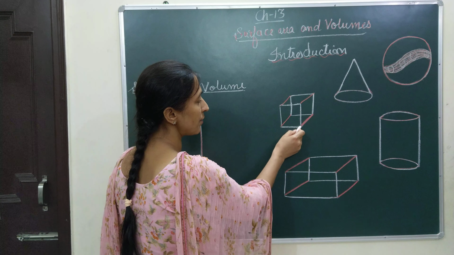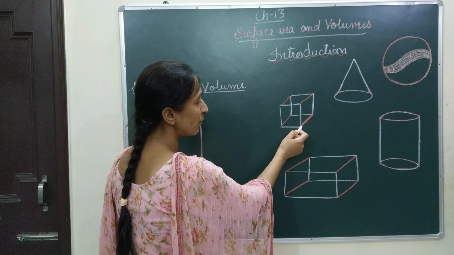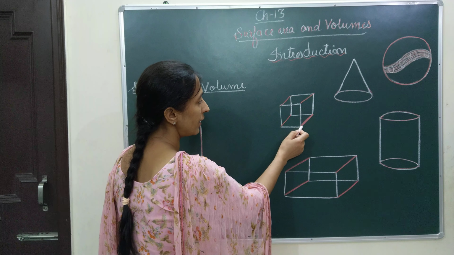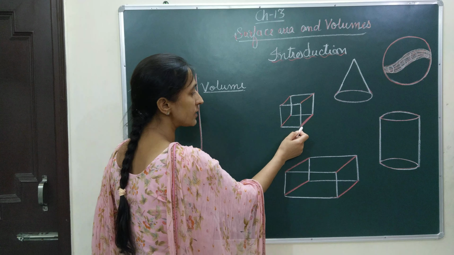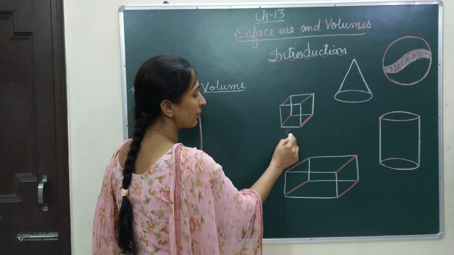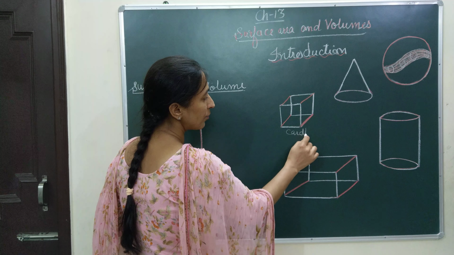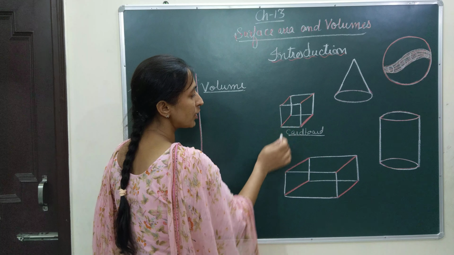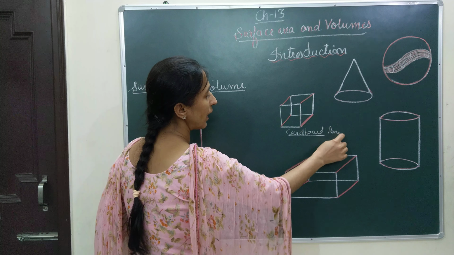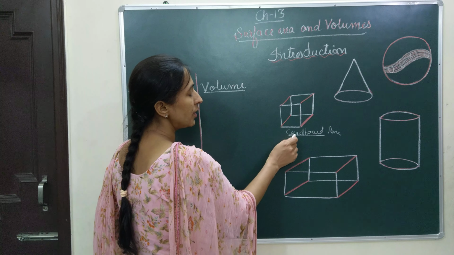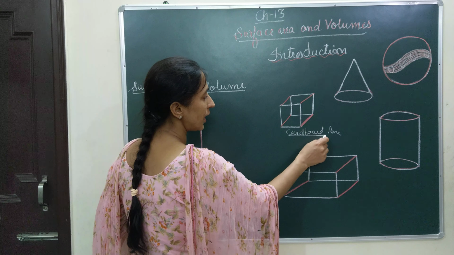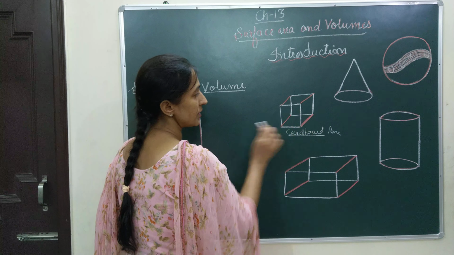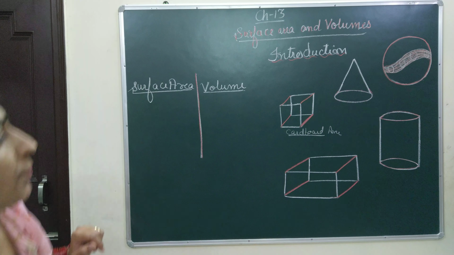Suppose I have taken one shape and it is cube shape. It is a cubical box and I have made this box using cardboard, and in the question you are asked to find the amount of cardboard, or the area of cardboard, used in making such a box which is in cube shape. Then what is the area of that cardboard? As you know, you are going to make such a box with cardboard, so you are going to use cardboard only on its boundaries, on the surfaces. So in that case you will be finding surface area.